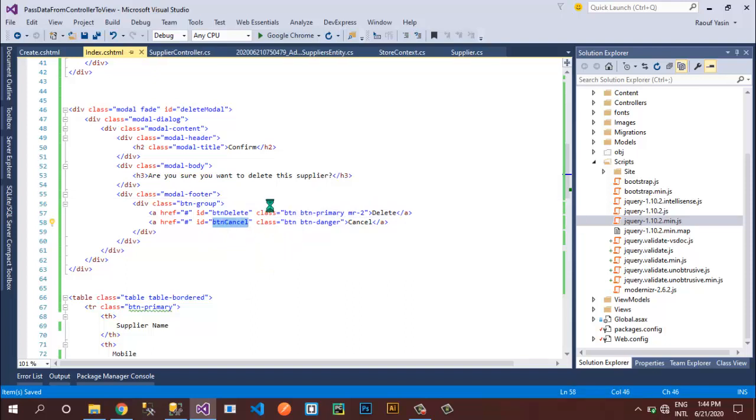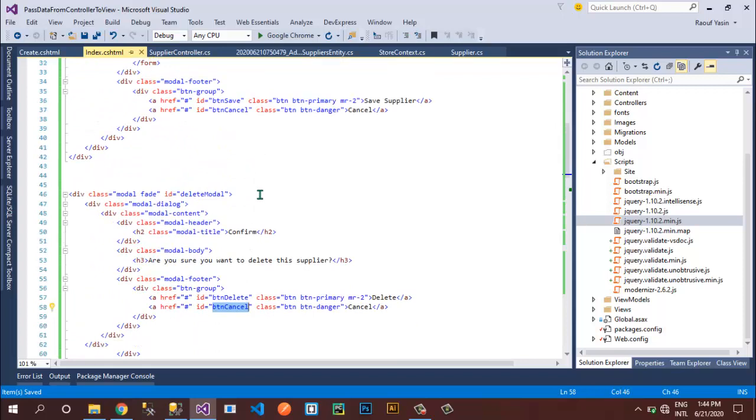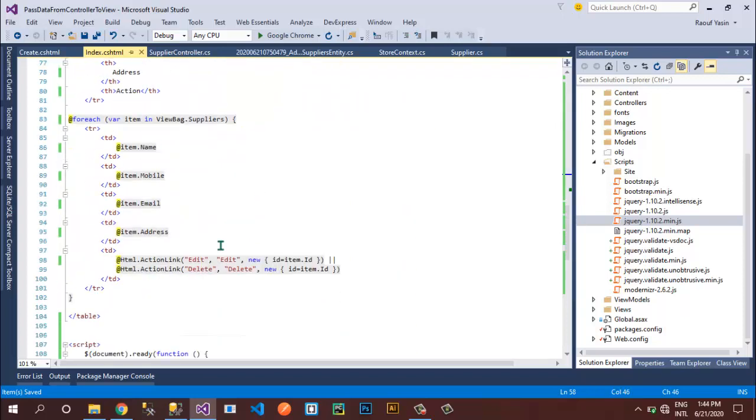Okay, so now we need to show this modal by clicking on a button. I need to create a button over here to show this modal, and for confirmation I'll ask the user.